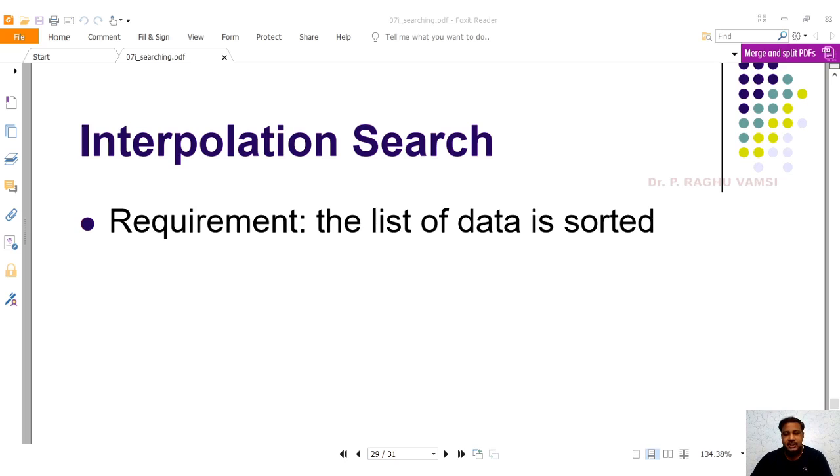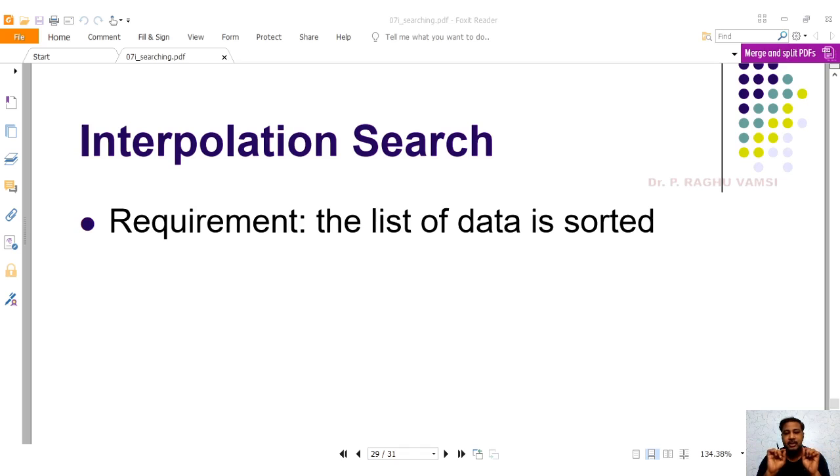In case of interpolation search, in binary search we use the indexes, but in interpolation search we use the values at the respective indexes. So we take the help of both the index and the value. Based on that, a small formula is defined in the interpolation search.